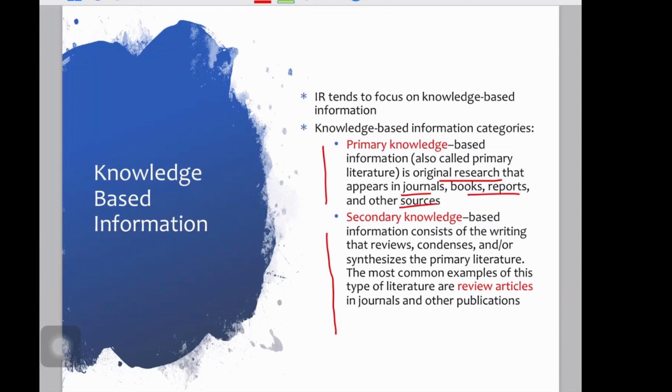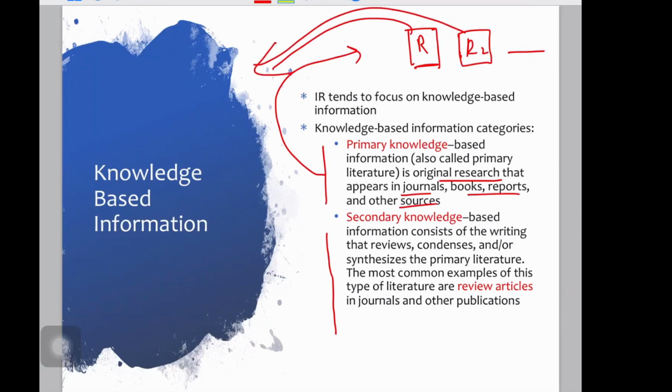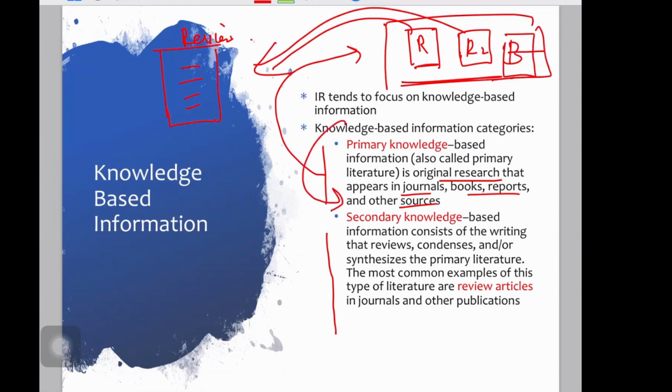For example, at this time, what you are doing as your class project, you are writing a review paper, right? So you find the related research papers, research paper 1, research paper 2, and so on. Then you take those papers, compare, contrast, and write a very good summary, and we call that a review paper, right? So these research papers, original research or books, whatever you are consulting, are called the primary knowledge or primary source. And whatever comes out of that, just like the review articles, we refer to as